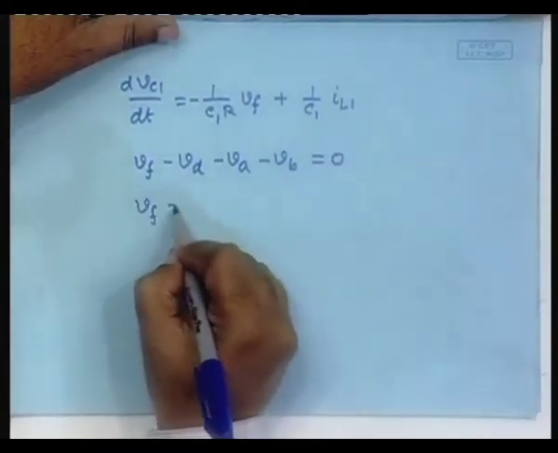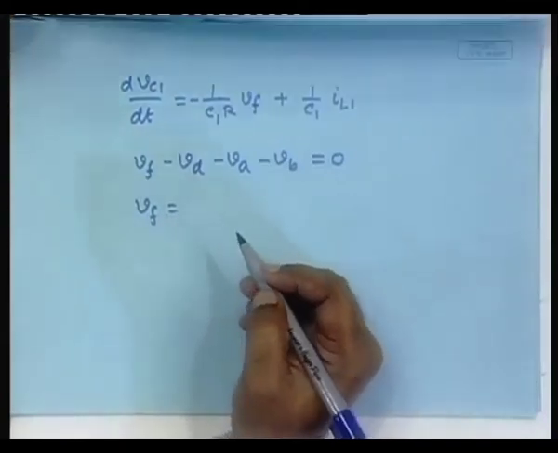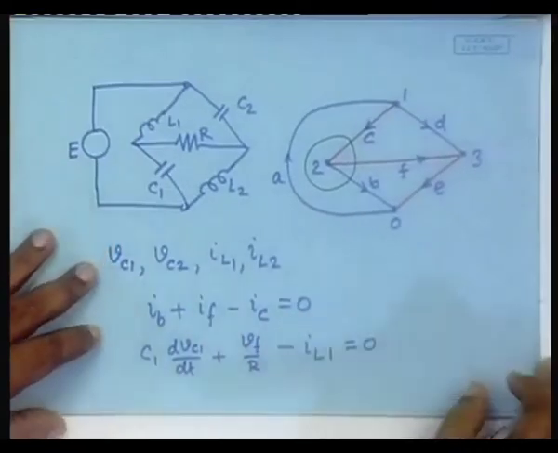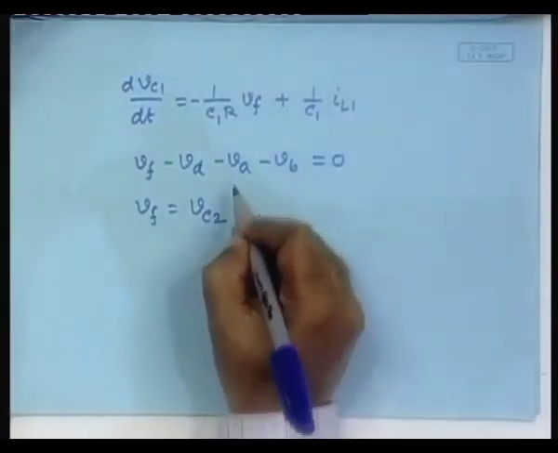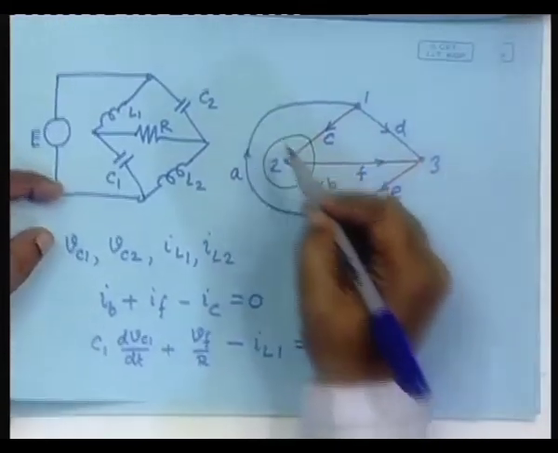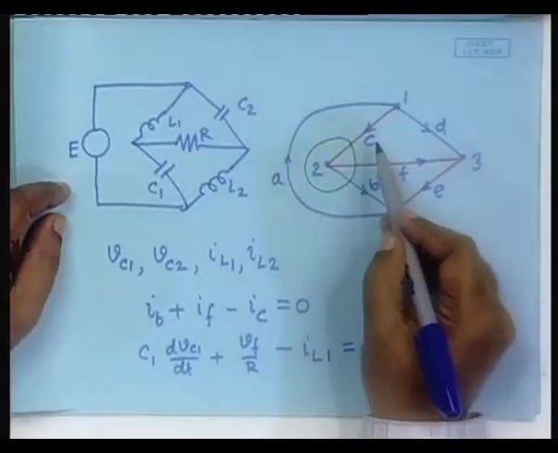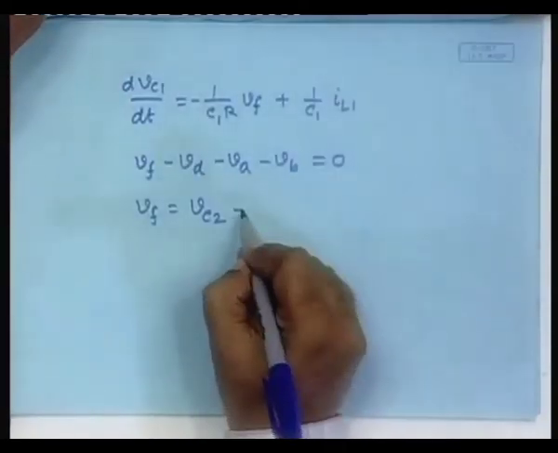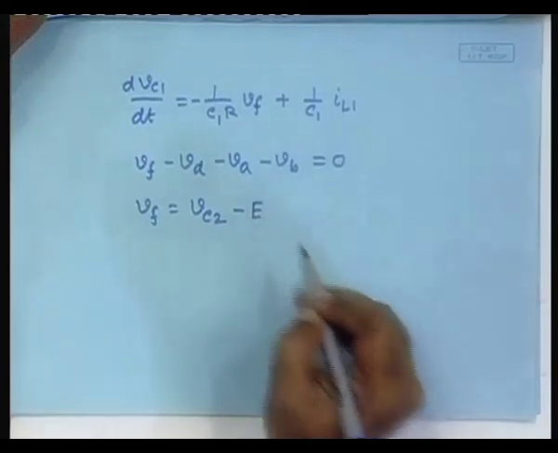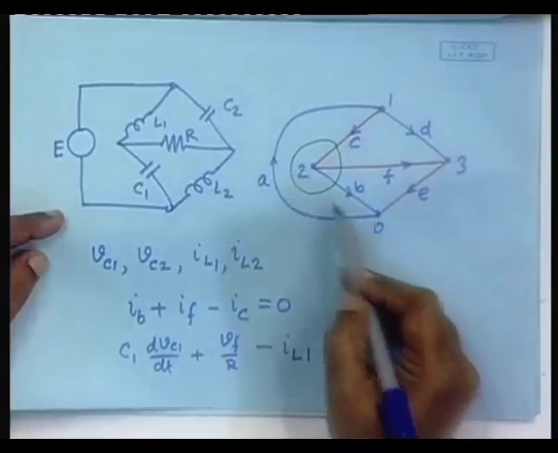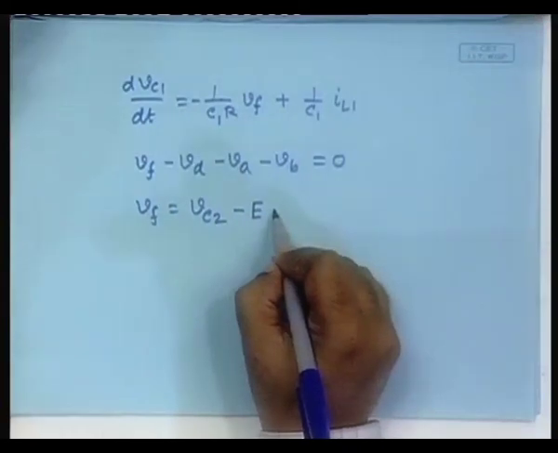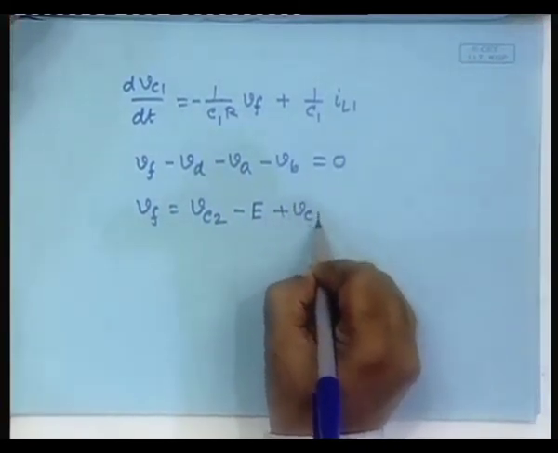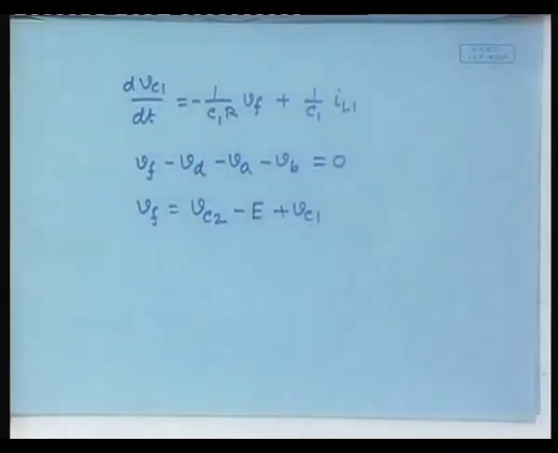So, VF is equal to VD, yes, VC2, plus VA, which is opposite, so minus E, and VB is, okay, substitute, you got it. So, this is how the equations are to